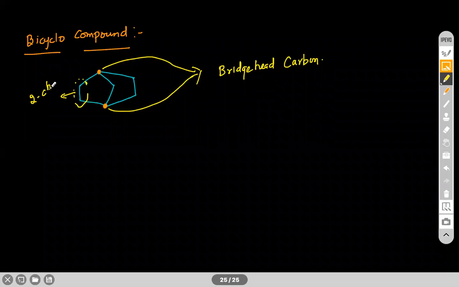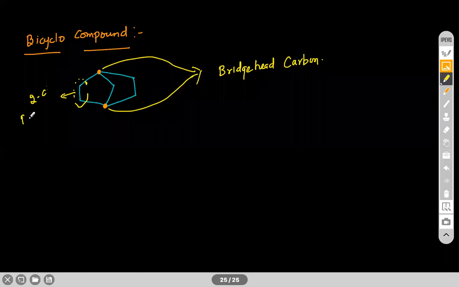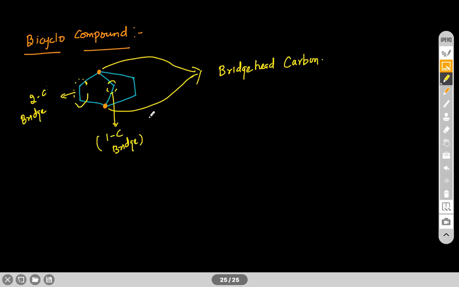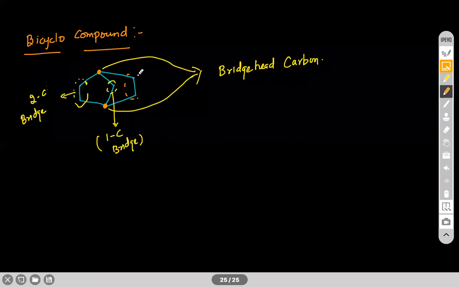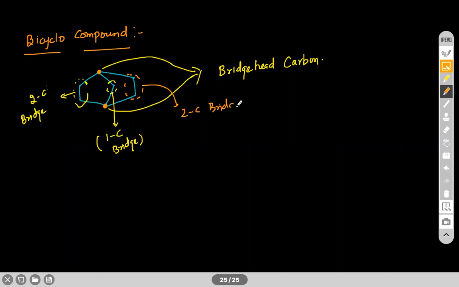2 carbon bridge. C stands for carbon here, so 2 carbon bridge. This is 1 carbon bridge. And this is again a 2 carbon bridge. So when we write down the name of this compound, we'll start with the prefix that is